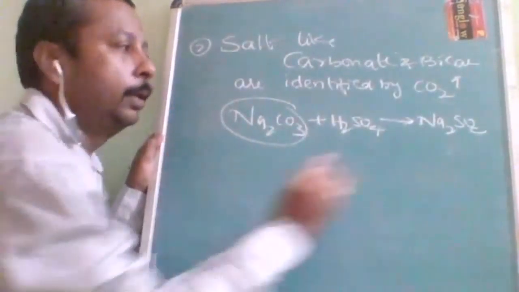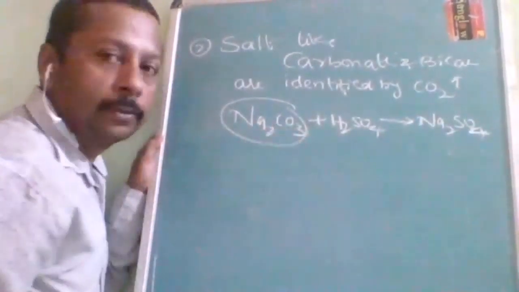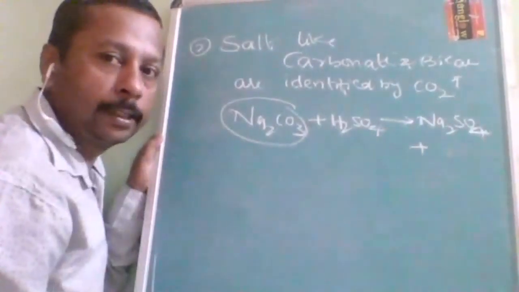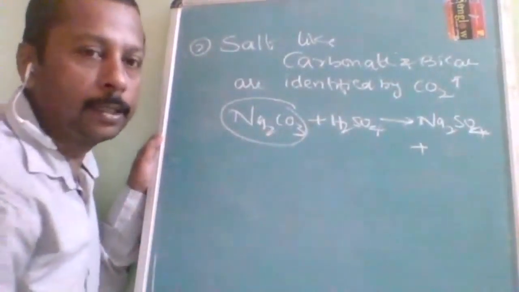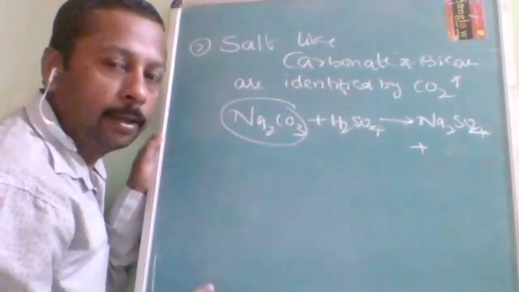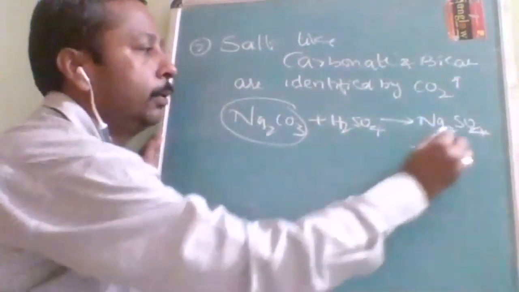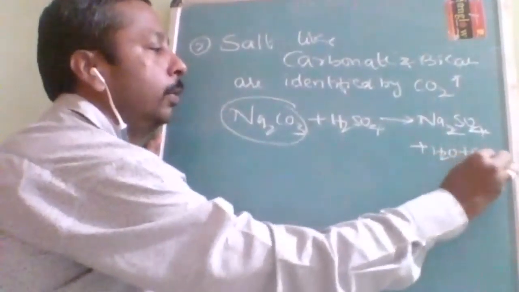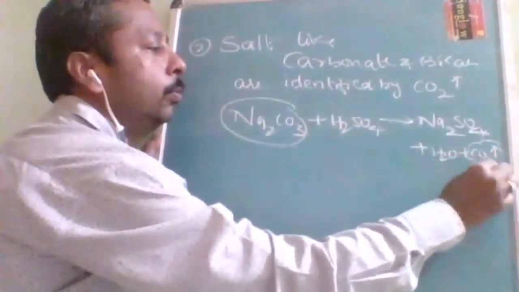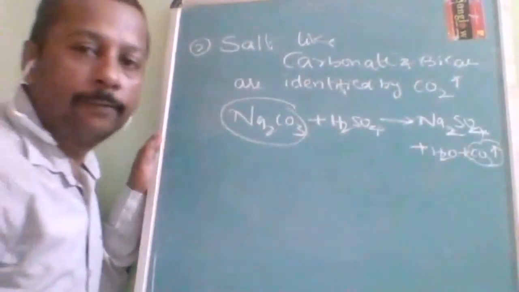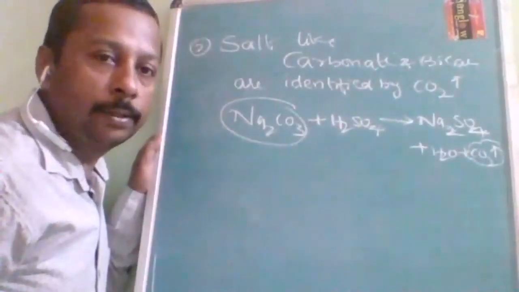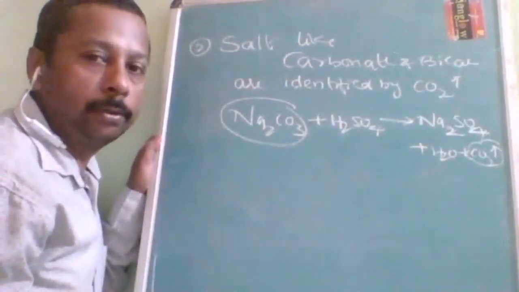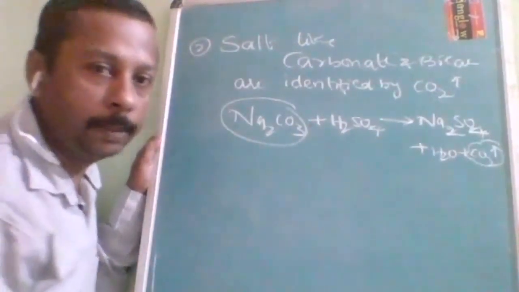Let us take it. To confirm the presence of the carbonate group, we will add sulfuric acid to it. This is called qualitative analysis. It is important only for JEE Advanced and AIIMS, not for NEET, not for the Mains. So this is not there in the Main syllabus. Then it is going to provide H2O and CO2. So CO2 is liberated here. The effervescence, the evolution of CO2, confirms the presence of the carbonate group in the given unknown salt. Okay, second use of acidic properties, understood.